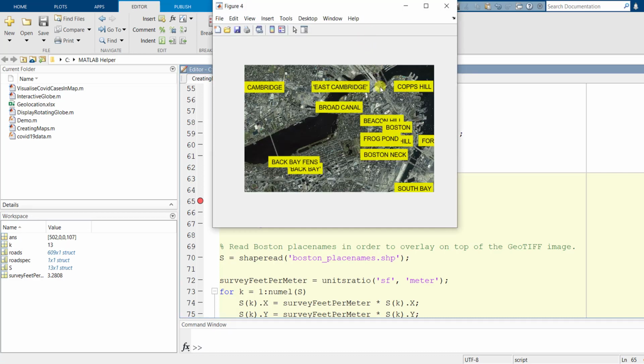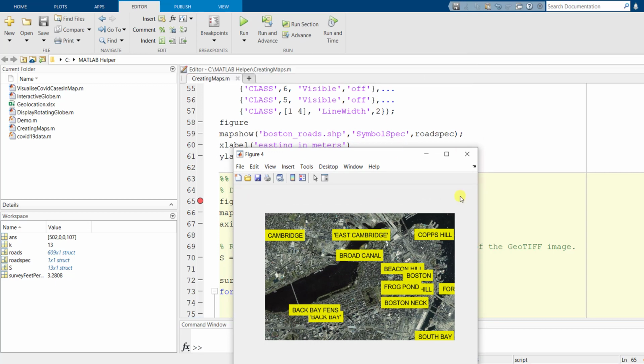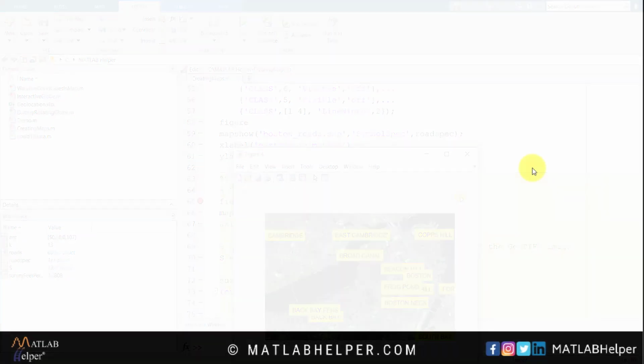Next, the map with the name of the places. So in this we have seen a few ways in which the maps can be plotted using the map show function. Firstly, we saw how to create maps using map show. Now it's time to move to the next code.